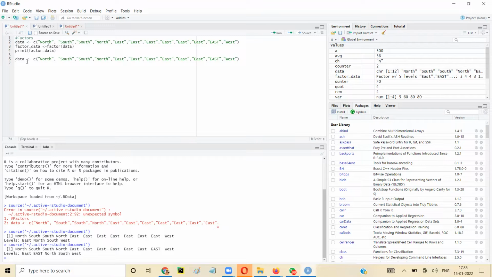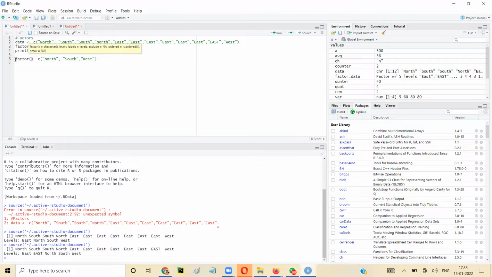I'm going to delete this, and I want to pass the levels. So I created these levels. Now when you create these levels, I'm going to say factor of